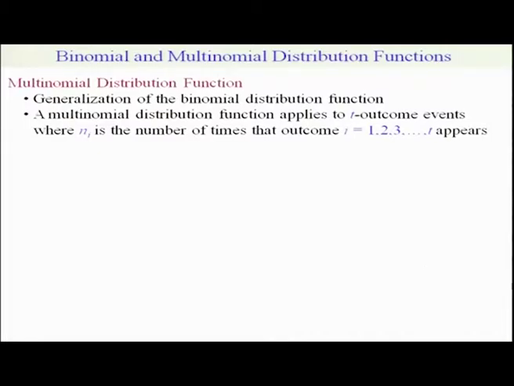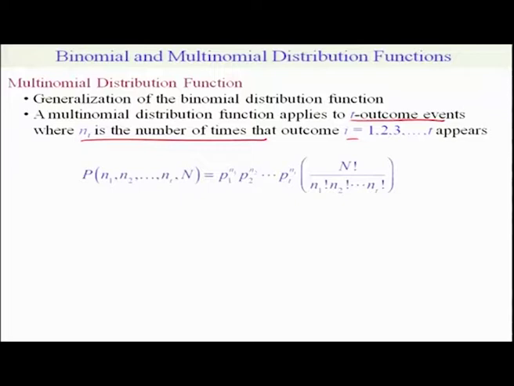So, a multinomial distribution function applies to t outcome events, where n_i is the number of times that outcome i, from 1 to t, appears. So, instead of 2 events, now we have n events. So, you are going to multiply p1^n1, p2^n2, and so on up to pt^nt. These are the t outcome events, and then we multiply by the number of ways we can arrange these events,